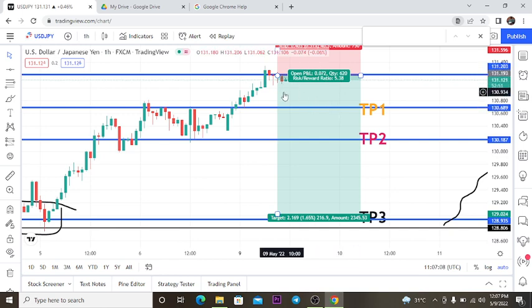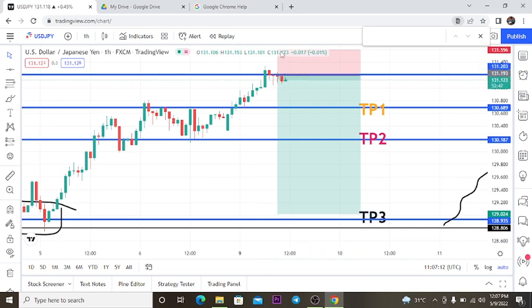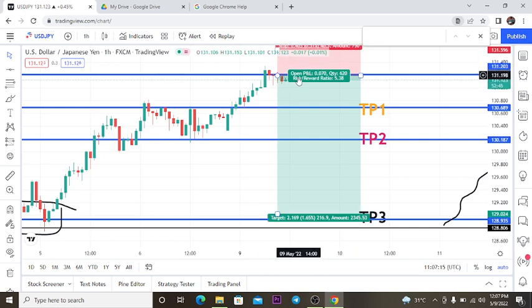The price might not sell, and I will show you the reason why the price might go against us. And that's why you have your stop loss at this level, so that even though the price goes against us, we are not going to lose our account. That's why it's important to consider your risk reward whenever you are placing a trade. Know how much you are risking per trade and how much you are willing to gain per trade.